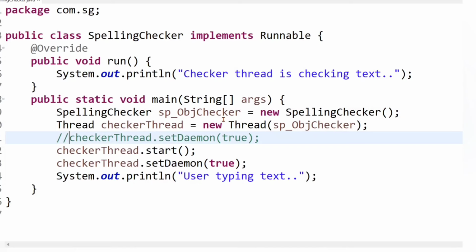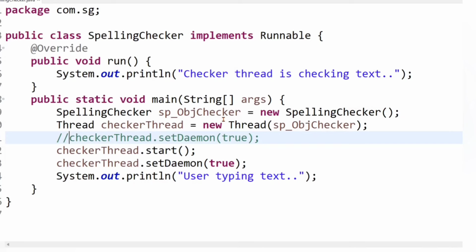And if we switch an already running thread into a daemon thread, then it might change the JVM's shutdown logic. As a result, the JVM can shut down prematurely or can hang also. And therefore, if we try to set a user thread as a daemon thread after starting it, then we can get an IllegalThreadStateException. Clear?